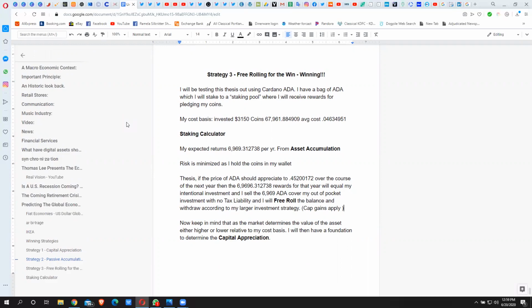Strategy number 3, free rolling for the win. That's right, winning. I will be testing this thesis out using Cardano ADA. I have a bag of ADA, which I will stake to a staking pool where I will receive rewards for pledging my coins. My cost basis, right? I invested $3,150. I have 67,961 Cardano